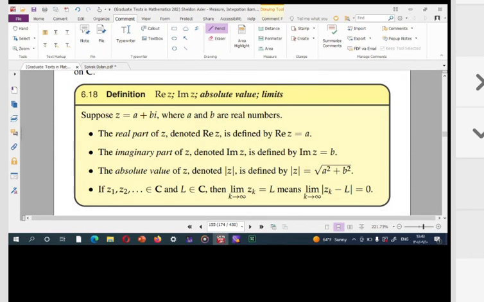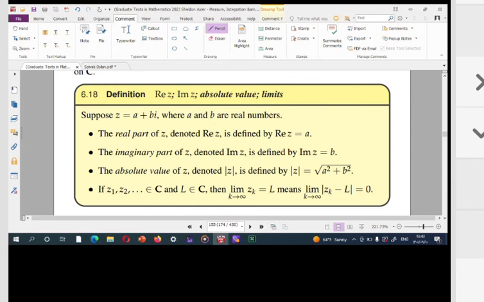Okay, the real part of z, denoted by Re(z), is defined by a, the first coordinate, and the imaginary part of z, denoted by Im(z), is defined by Im(z) equals b, the second coordinate. Okay, the absolute value of z is denoted by this and defined by this equality,